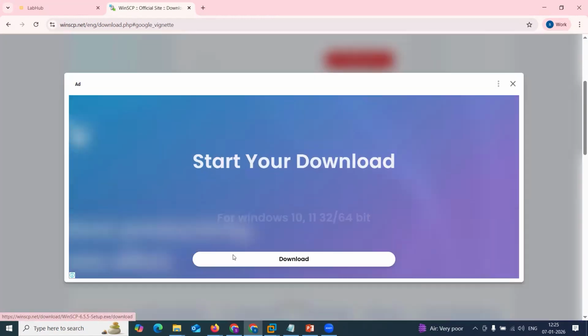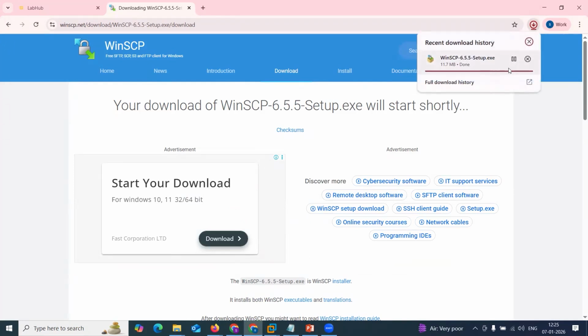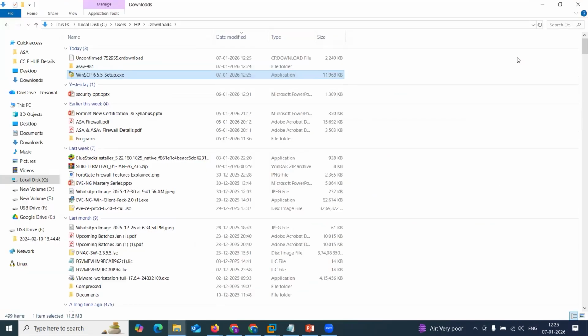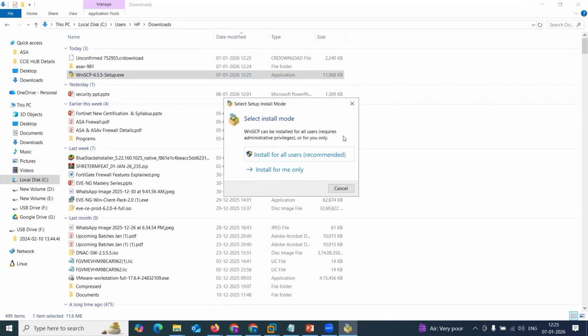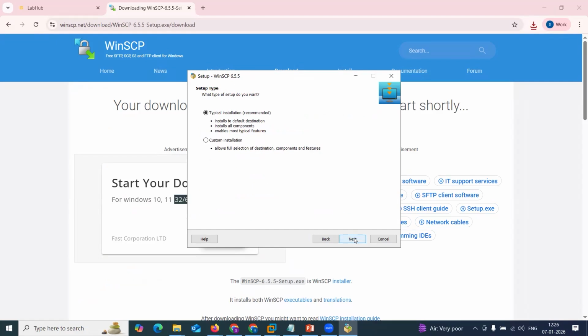Here we have the download option, and you will be getting unnecessary links, so don't click on those links. Here you can see I got WinSCP downloaded. Open it and double click to install it. Install, and accept it.